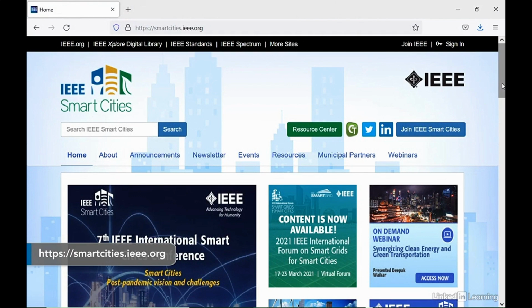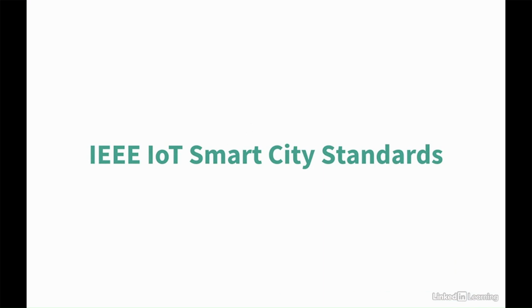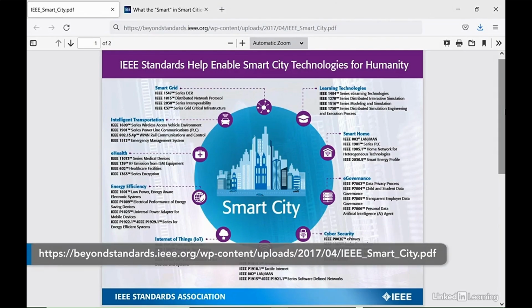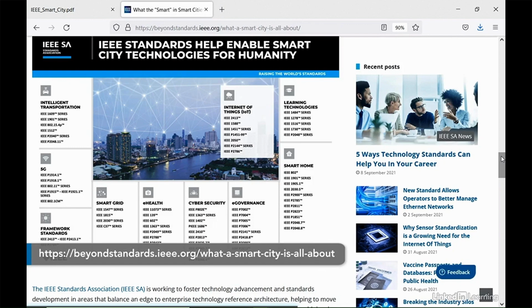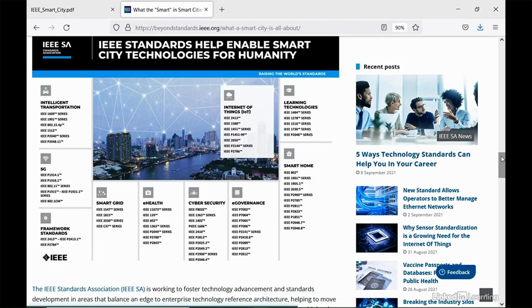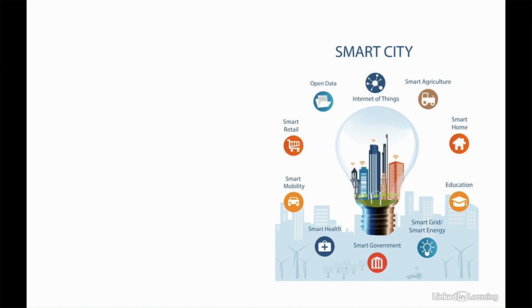IEEE has an initiative for smart cities that has been engaging with municipalities around the world to help them in the deployment of standards-based solutions. IEEE Standards Association develops standards that are directly related to smart city systems. Here is an overview of the different IEEE IoT standards used within Smart City. This is another reference to explore more. Smart City concept is used to provide citizens an improved quality of life in different areas, including